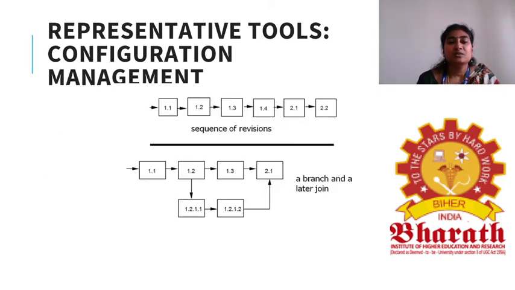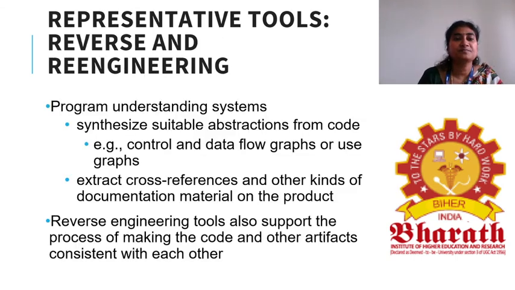This diagram shows how the revisions have been made to the various components of the software. Suppose there is a component such as software requirement specification. It will be given initially a version number 1.1, and later on when some changes are needed, they are incorporated, and the new version 1.2 will be generated. Likewise, any number of versions can be created for a work product, and the version number will be given, and also the history of changes can be easily recorded and maintained with the help of these configuration management tools.